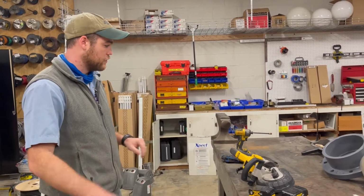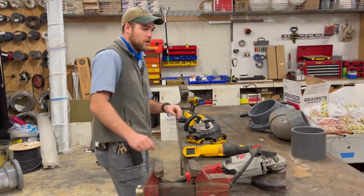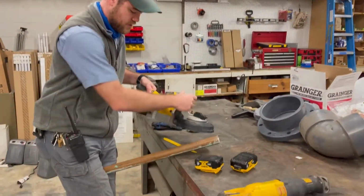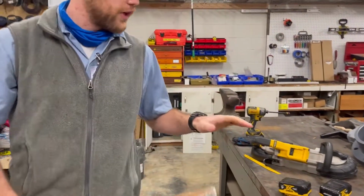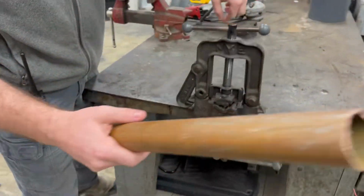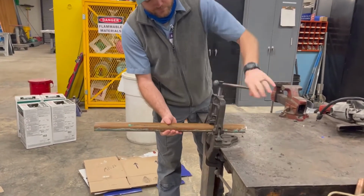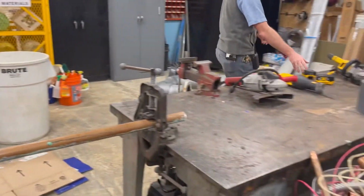The other principle with any type of hand tool is understanding how you are cutting and taking the time to make sure that you are securing things. So let's say that we need to cut a pipe, and we're going to be using our bandsaw for it. You could try to brace it up against and cut, but you are putting your legs in danger. So throughout the shop and even throughout campus, you can always find something to give yourself a little bit more support. Take it out of your hands, put it in the hands of something that will be able to clamp it down and keep you from having to hold this. So from this, you could get your bandsaw,